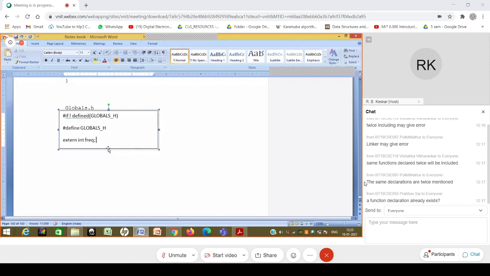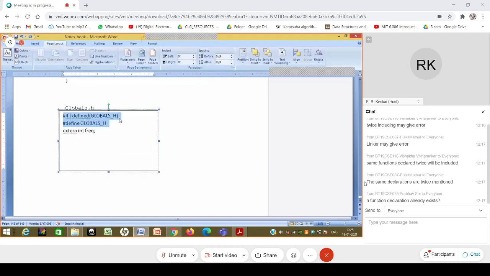Okay. So let me remove the space over here. Okay. And then the file content starts. And in the end, the last line of this will be hash endif.